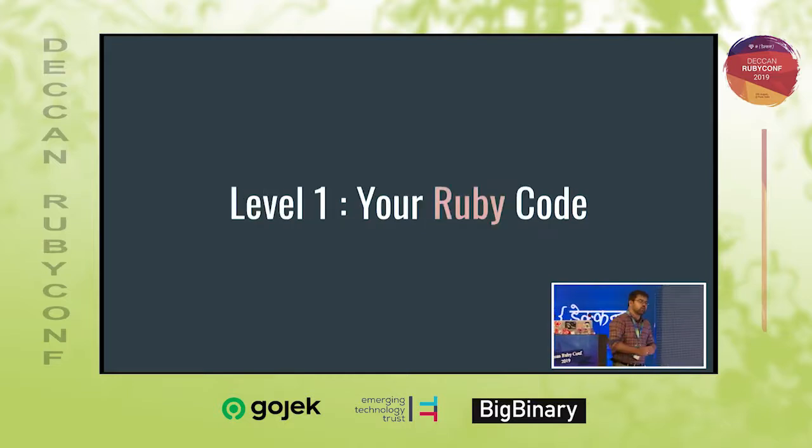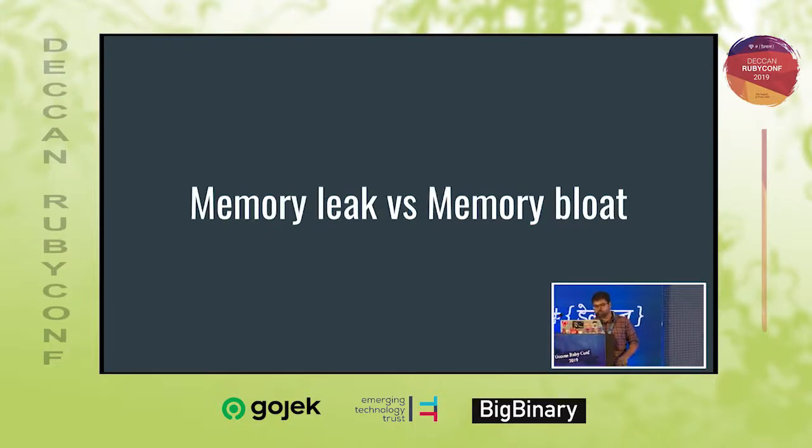So all these things were in level 2, and now we are here at level 1, which is your Ruby code. Most likely you don't have to go and debug the level 2 issues we just discussed. Most likely, in even 90 to 95 percent of cases, it's your code that will be the problem when these kinds of issues arise. So, memory leak versus memory bloat. We just discussed some of the differences between these two, right? So how do we